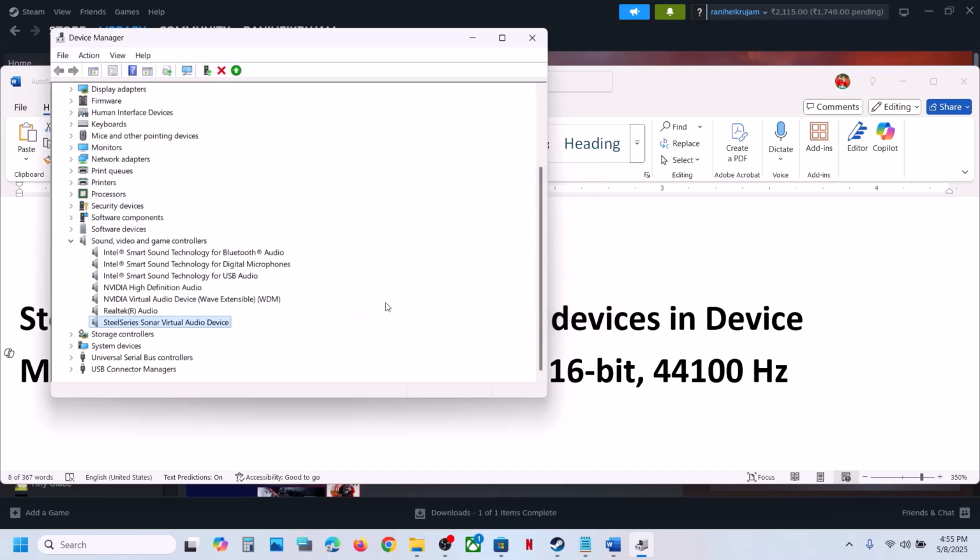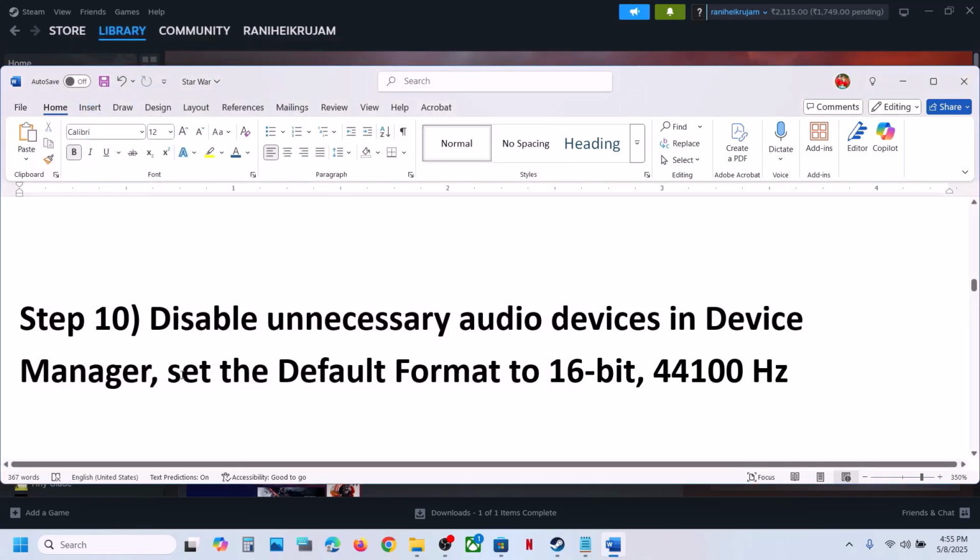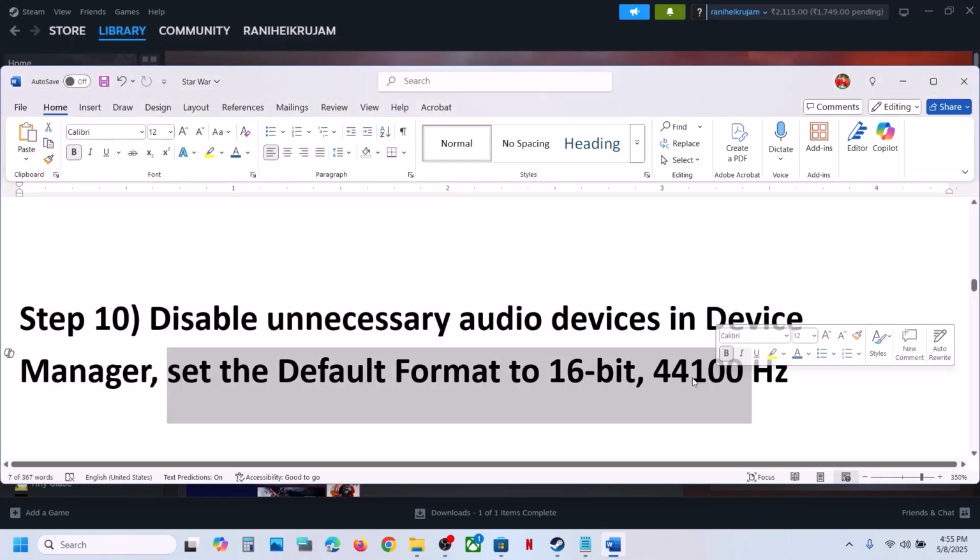Like if you're not using these other audio devices, you can just make a right click and then you can try to disable it. Just keep the original audio device enabled. Rest you can disable it. Also set default format to 16-bit